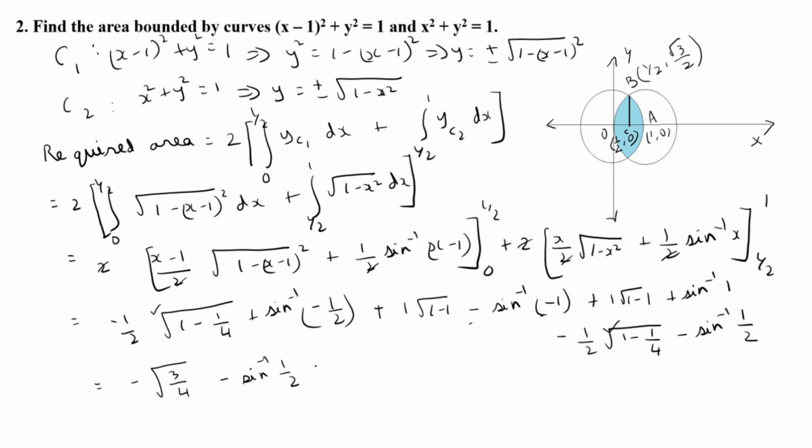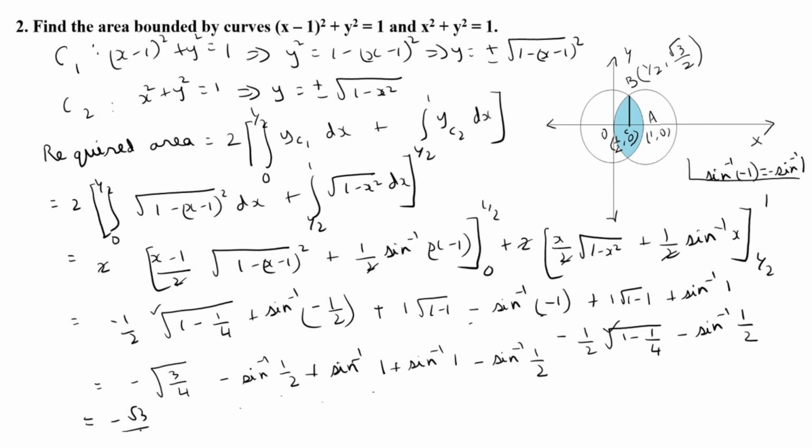So it will be plus sine inverse of 1. Since we know that sine inverse of minus x is minus of sine inverse x, this is equal to minus sine inverse of 1. So plus sine inverse of 1 plus sine inverse of 1 minus sine inverse of half